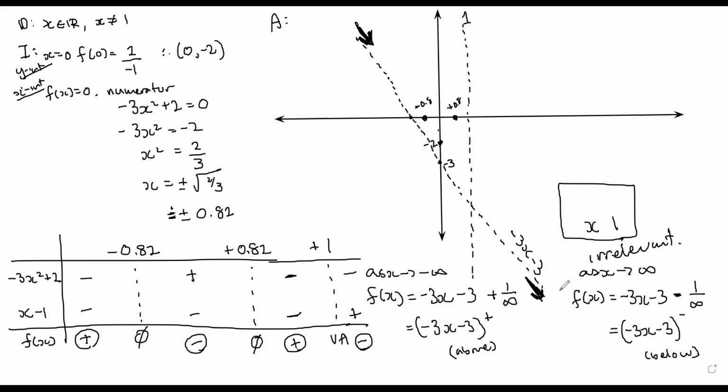And then let's talk about this vertical asymptote. If I'm to the left of the vertical asymptote, my values are positive. So if I'm to the left of my vertical asymptote, I should be here. And then if I am to the right of my vertical asymptote, I should be